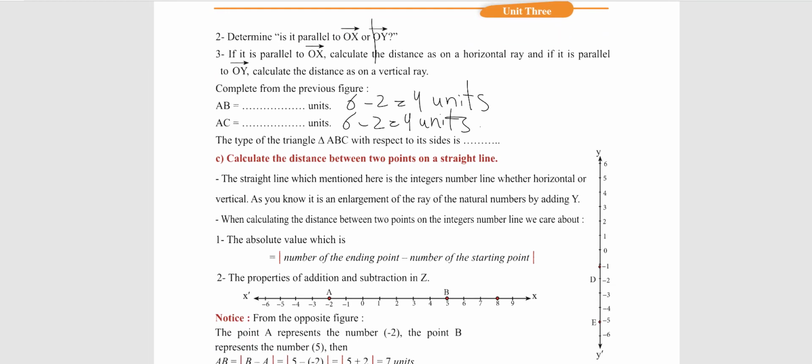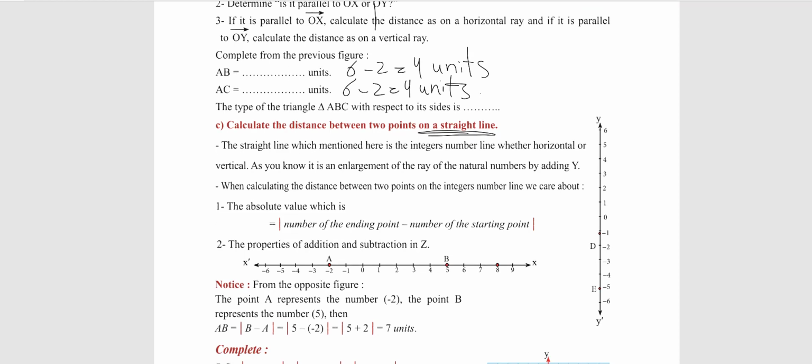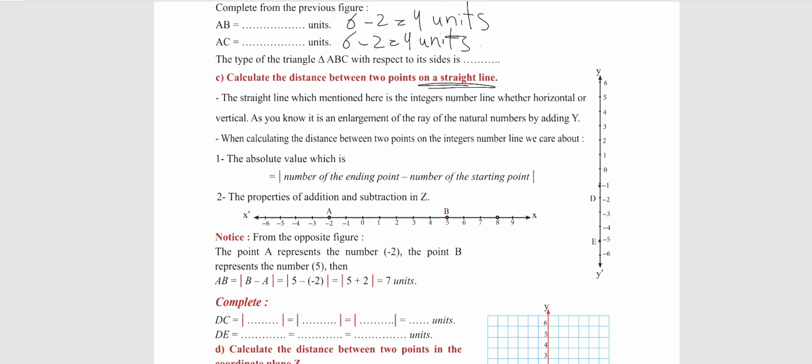After that, if we want to find the distance between 2 points on a straight line, as we said, the number of the ending point minus the number of the starting point. But we will get it by using the absolute value, because on straight lines we have negative numbers and the distance cannot be determined with negative numbers. For example, on this figure,